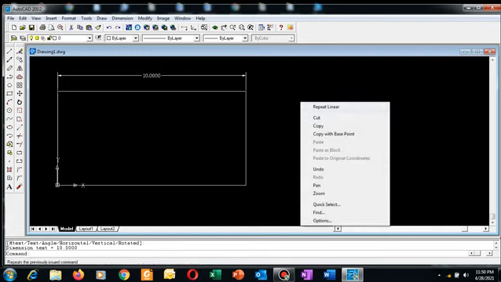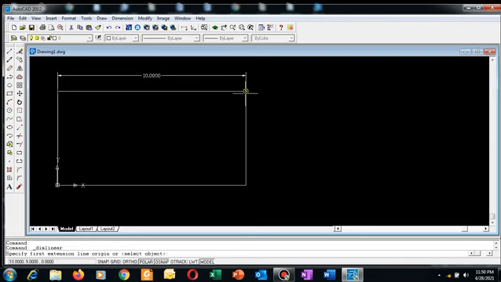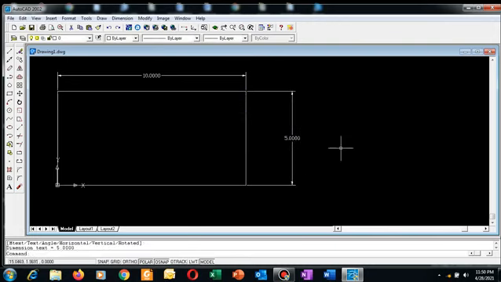I can repeat linear and say from here up to there. Okay. So that is a rectangle which is 5 by 5, using now what you call absolute coordinates. So you give the coordinates, the real coordinates here. Okay. So the next one will be what we call